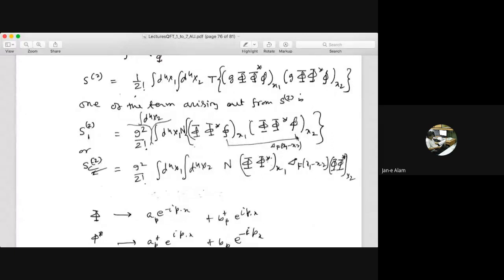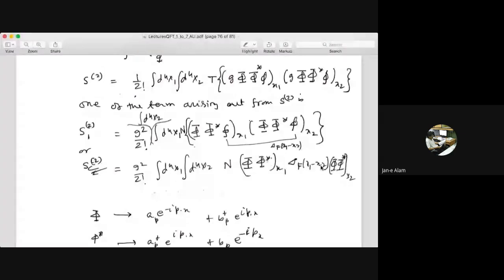Because, as I said while discussing the propagator, when you take the vacuum expectation value of phi(x) phi(y), it creates the particle at y and kills it at x. So it has to be the same particle, which means the field should be the same. So I have contracted this. Then if I contract that, I get the Feynman diagram. This is the normal product of phi phi star, the Feynman diagram, and phi phi star.